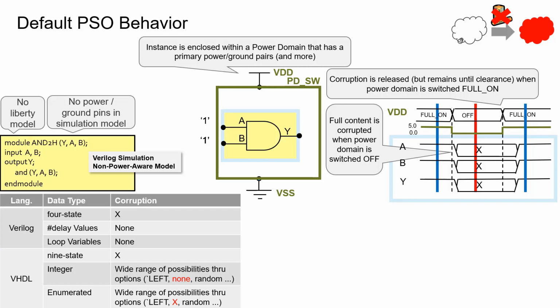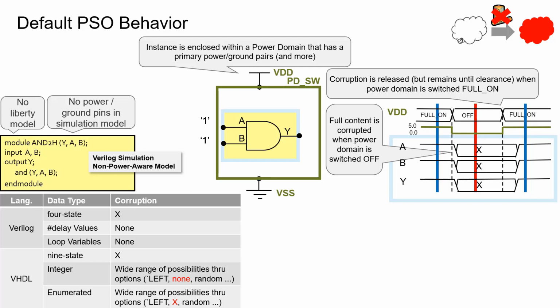Think about enumerated types. Think about your preferred finite state machine: idle, state 0, state 1. You have only three values, and the encoding is of course done at the implementation level. Now, when we do corrupt, which value do you expect us to pick? We could pick the leftmost, we could pick the rightmost, we could pick a random value.